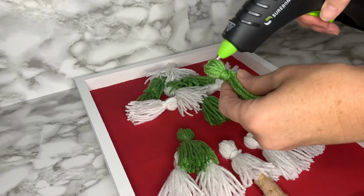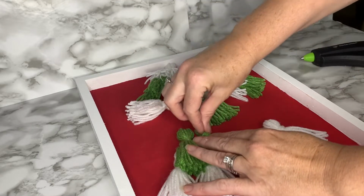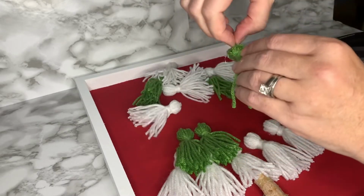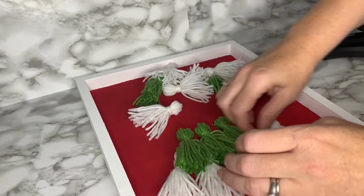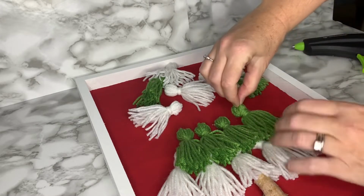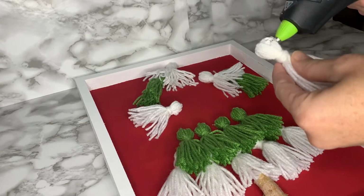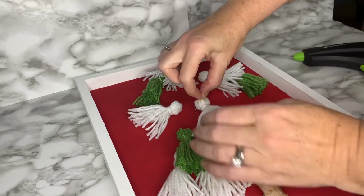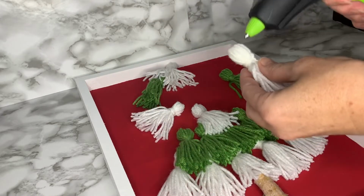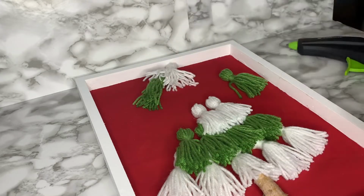My first row was white tassels, and then I changed it to green, but you can keep it all the same color if you want, or you can change. I just put glue at the top of my tassels to keep the look kind of loose and flowy, but you could be more precise and add glue to the bottom of the tassels too if that's something you're interested in. So as you can see, I just kept going, layering one at a time, one row at a time,